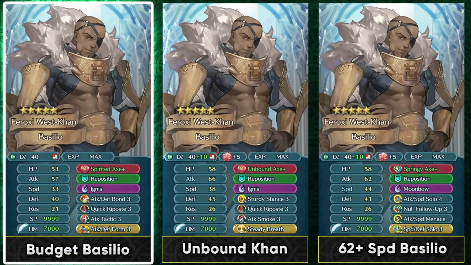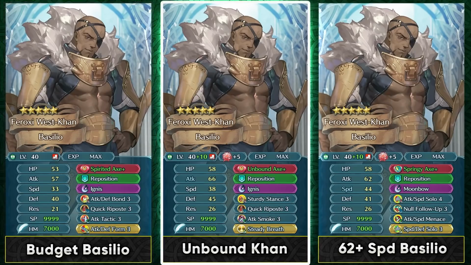On a budget, you can just run Ignis so that you can make use of the special acceleration for a lot of damage, and you can also run attack defense form Sacred Seal. And Quick Repose is pretty much going to be needed at lower investment because Basilio is not going to be doubling naturally that much. At max investment, you can certainly use him with Unbound Axe Plus, which is basically going